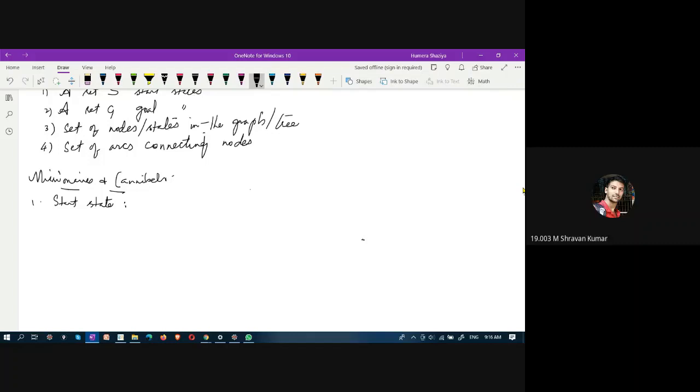We can say 3M 3C 1B colon 0M 0C 0B. This is the detailed representation, or you can simplify it and represent it as 331 comma 000. This is the start state.